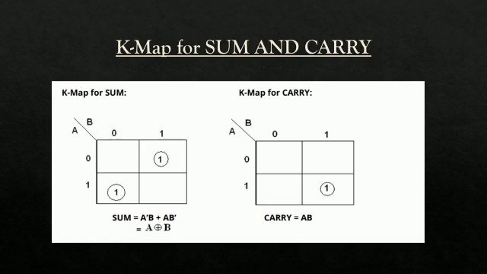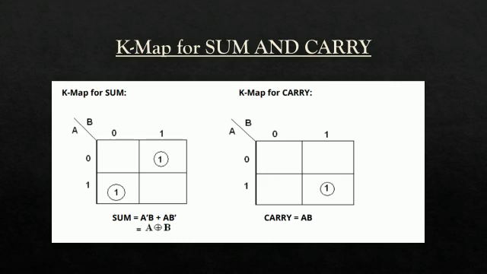By using K-map, you can find the Boolean expression. So for doing K-map, you have to first check the truth table where 1 is present in the output. So if you give input as 0 and 1, you will get 1 in the sum part. So in the K-map, you have to put 1 where the 1 is present in the truth table. In the 0 and 1, you get 1. So you have to put it in that box in K-map. Likewise, you have to put for all the things and you will get the Boolean expression.